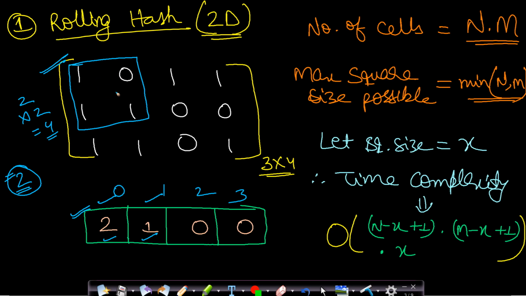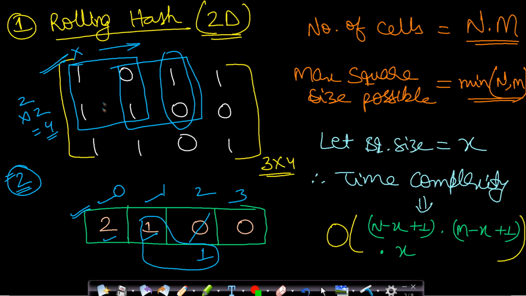Once we calculate for a window, we will have to slide this window. Whenever we slide this window, we will have to add the new column and update this value. So this value will now be equal to 1, and we will be sliding to the right, so we will have to discard this value. We won't have to do anything else since we know the size of this matrix. Therefore we will consider these two elements. In this way we keep sliding the window, and by using the sum of these elements we can find whether there are all ones inside this matrix or not. So this is also a good approach for solving this problem.